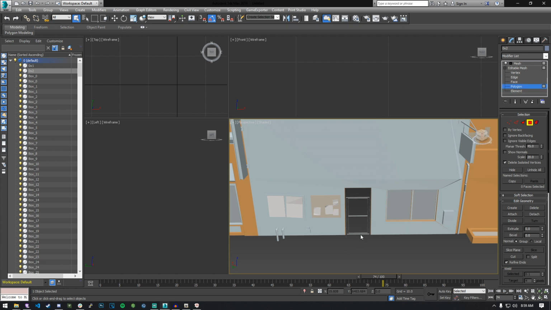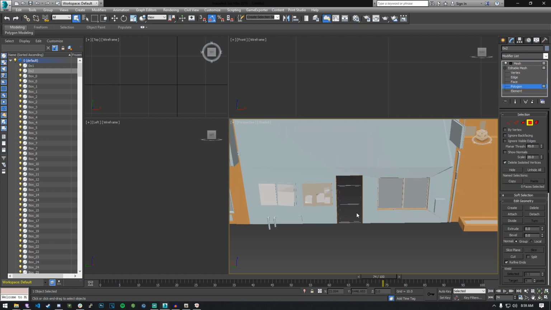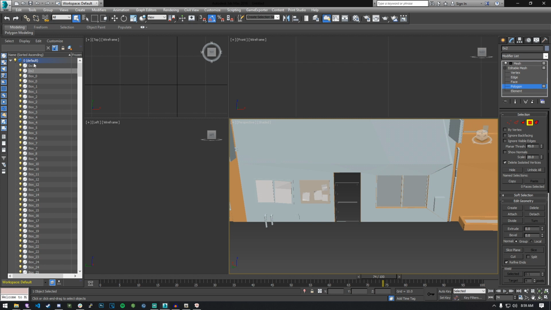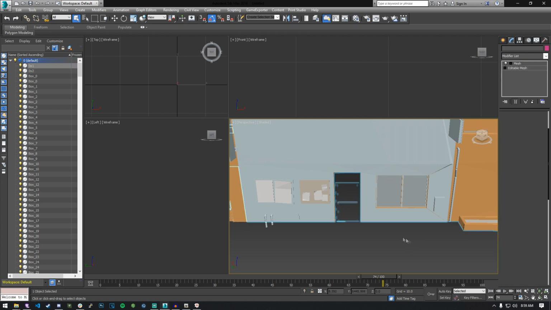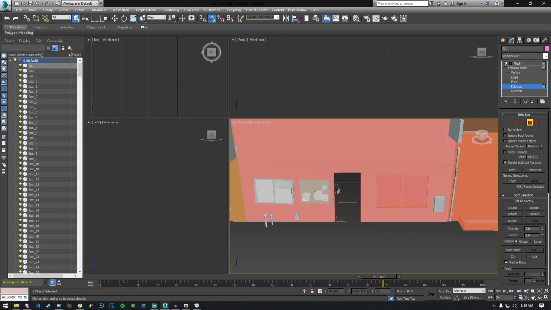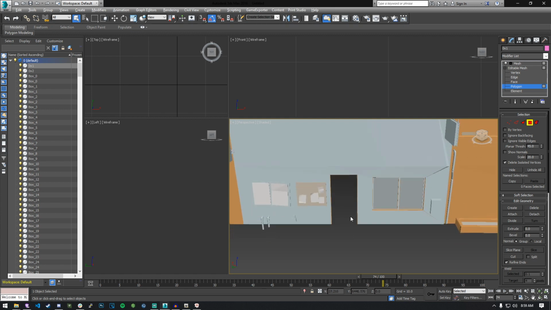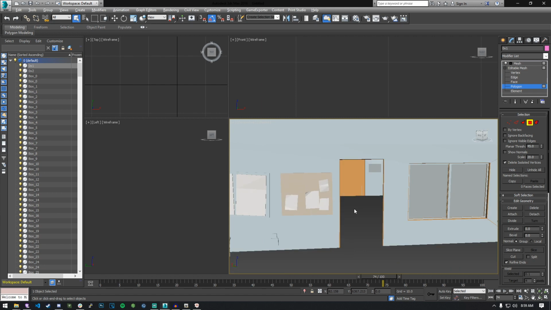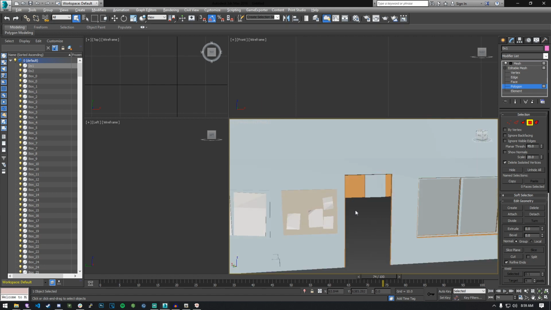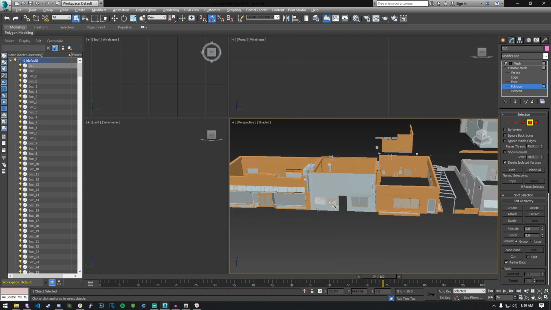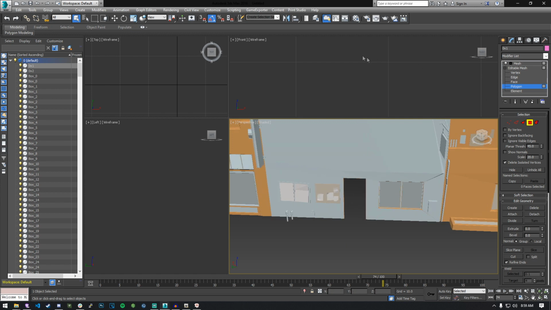We might need to do polygons on this. It seems like this is a whole different model here. So we're going to need to figure out what this one is. Oh yeah, so we're going to keep going through it until we figure out what we need to delete from this. Just like this. There we go. And it looks like we have our door. All right, so that's totally cut out at this point. So that means that we can export this model and it is now ready to go. So let's do